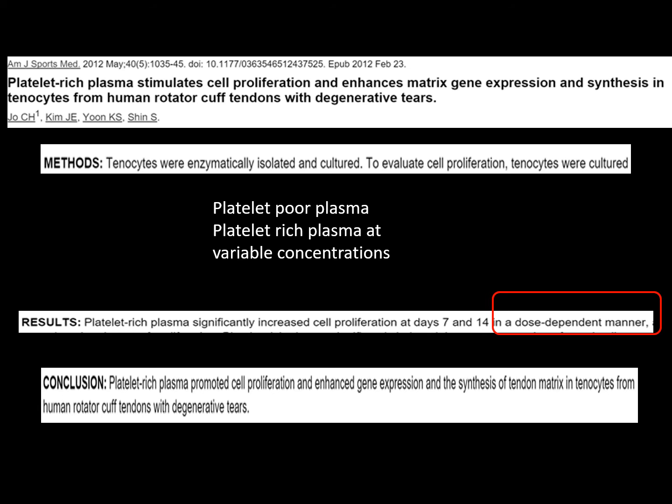Now, what are the effects on pathologic tendons when exposed to platelet-rich plasma? This is a study where they had patients that were undergoing rotator cuff repair, and they retrieved some of those tendons. They were enzymatically isolated to obtain the tenocytes, and they placed them in a petri dish. They subjected these tenocytes to increasing concentrations of platelet-rich plasma, and they showed that the